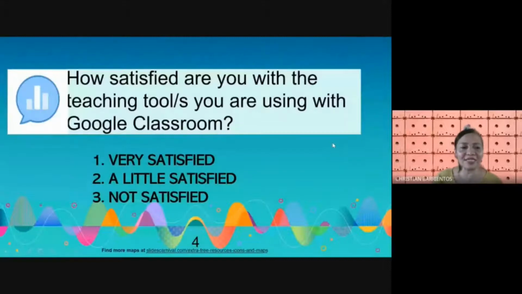Poll question that I would like you to answer. Ayan po. How satisfied are you with the teaching tool or tools that you are using with Google Classroom? Is it 1, very satisfied, 2, little satisfied, or 3, not satisfied? So we all know that yung Google Classroom po has been our haven in our